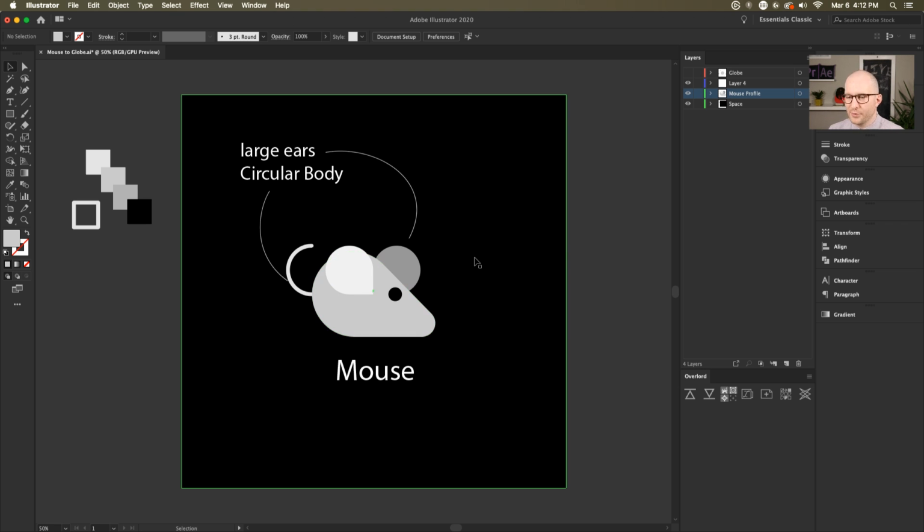So that's kind of the three elements that I wanted to grab onto when I was thinking about this icon, so that we know this is mouse. And so we've got big ears, we've got a tail that's the same color as the body of the mouse. If this were to be a rat, then we would probably want the tail to be much thicker, much longer, and